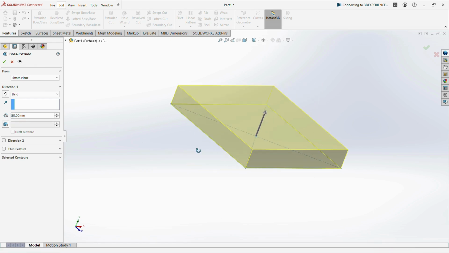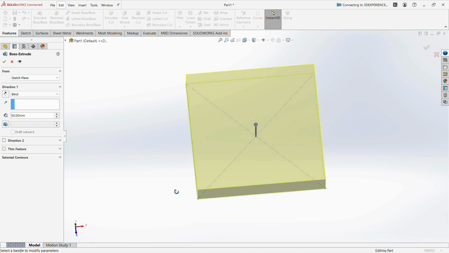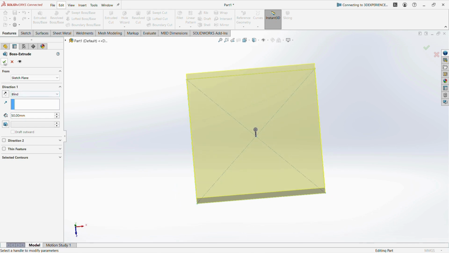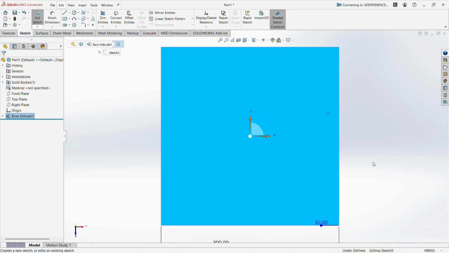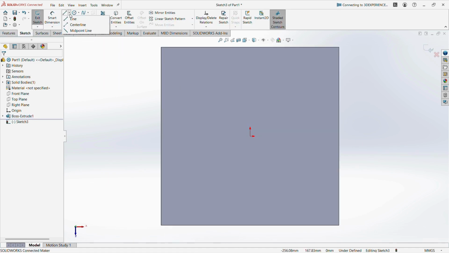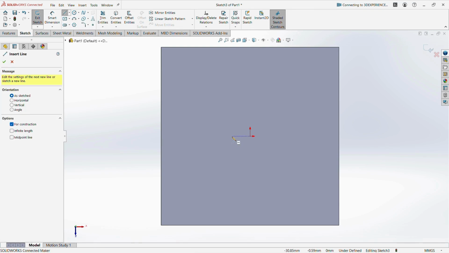First I mentioned a 50 mm value. Later we can change that if it is based on this assembly also. Then select the top face and create a new sketch. First we need to draw an angular line at the top of its edge positions by connecting two different edges